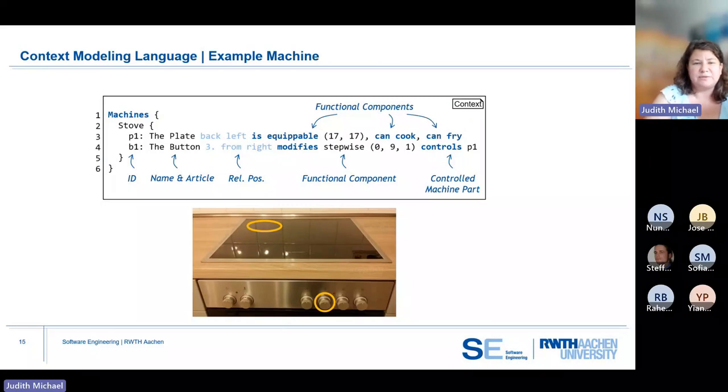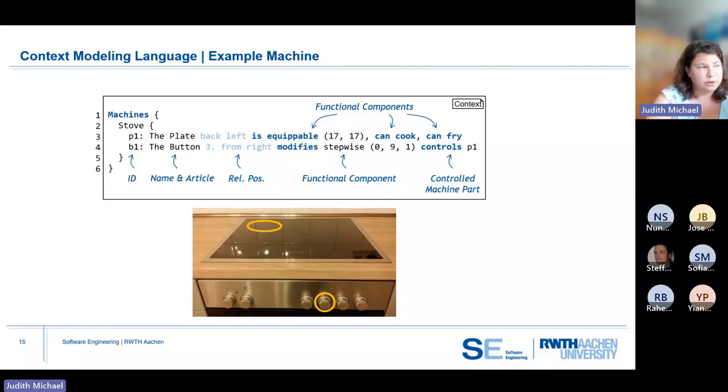Now, if we define our models during runtime, we then need concrete instances in the context model. Here is an example for a machine. So you could have a plate, which is on the back left. So you also have some navigation information already in this. It is equipable, so we can put something on it. This is one of the functional components, and we can cook and fry with it.